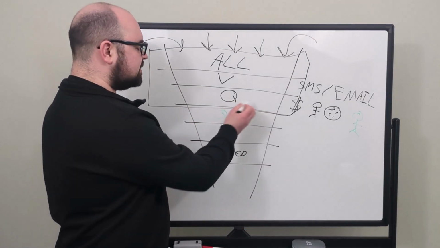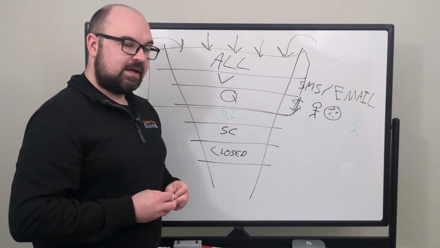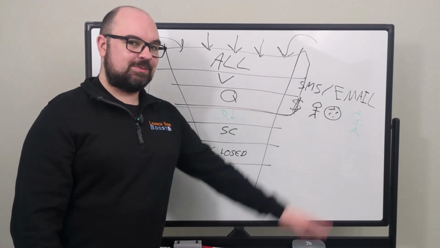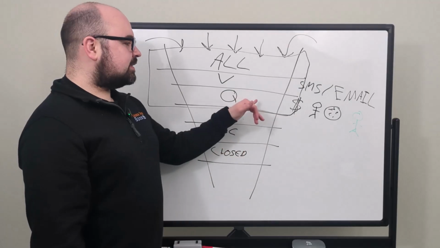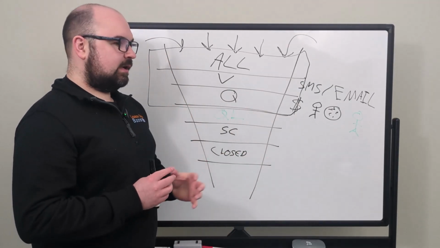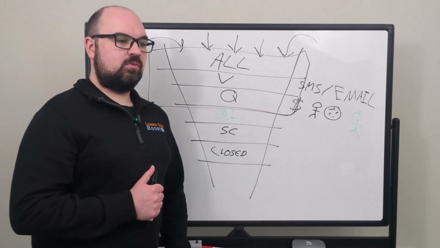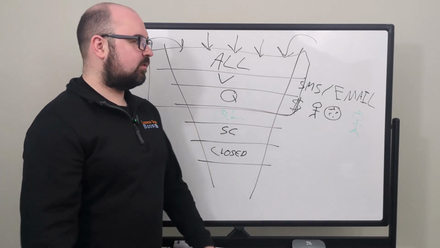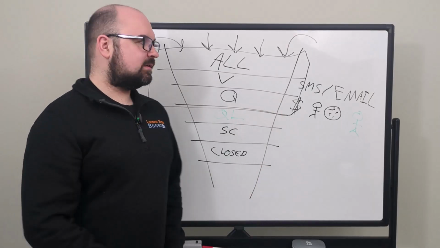And then again, with the qualification side of things, if people aren't qualified, again, that doesn't mean you get rid of them. It doesn't mean that they go into closed loss. It doesn't mean that you throw those people in the bin. They go into essentially a waiting stage, okay? So again, depending on how you do business, it could be a case of like every month that you take on new people, or you have capacity to take on new people all the time, depending on if your delivery is automated, or you do it every quarter, or whatever it is at all, okay?